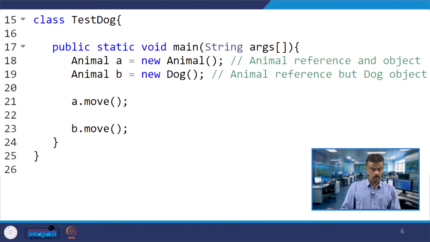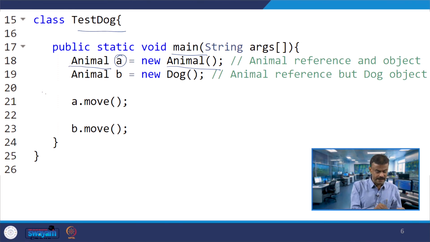Now you have class TestDog. This is a driver class, and you can see A is an object whose class is Animal. It is dynamically creating memory with Animal as the constructor, so that means Animal reference and Animal object.